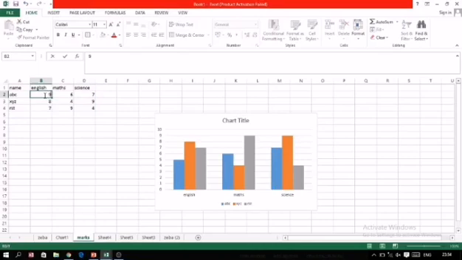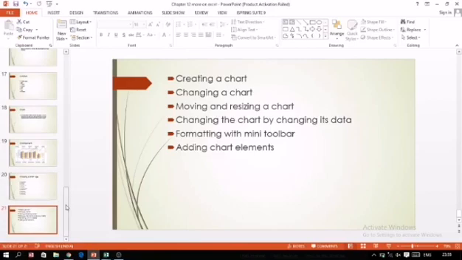So I have changed the marks to 9, and here you can see earlier it was 5, so it was coming as 5. I have changed the marks in the sheet to 9. As I press the Enter key, this bar will automatically change to 9. Whatever changes I have done will be reflected over here also.